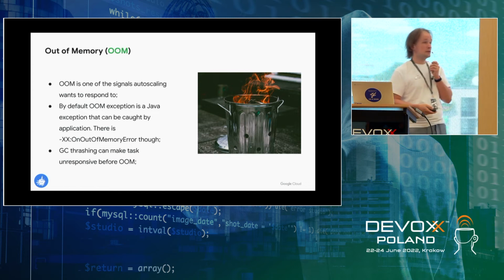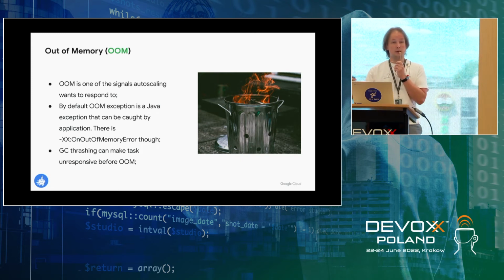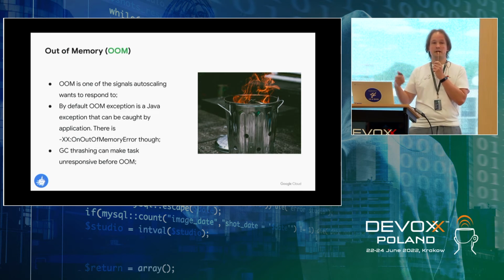Another problem is related to memory. Memory automation usually should react to out-of-memory errors. Because if we get out-of-memory errors, it means something is very, very...